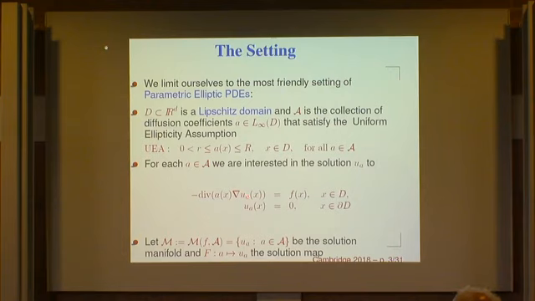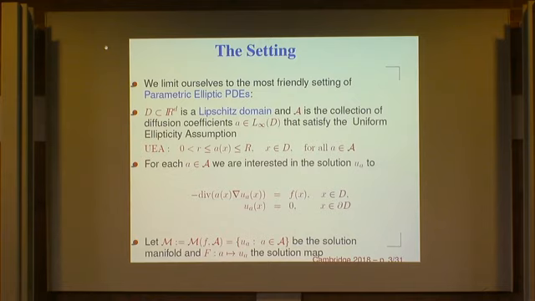And as we look at the mapping A goes to UA, this describes a manifold UA. The set of UAs, the images, as we vary A over our set of diffusion coefficients, right? So we picture this, that we have some solution manifold here, M. Okay? So UA lands in M. And this is a subset of H1, functions with one derivative in L2. So capital F here denotes this forward map, this solution map. Given A, we determine